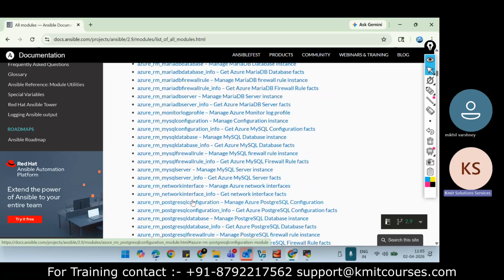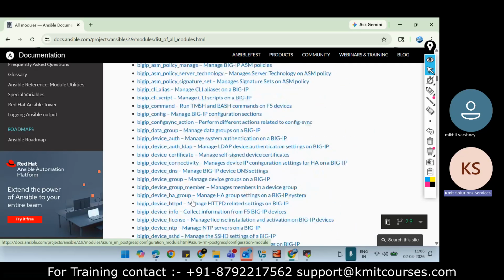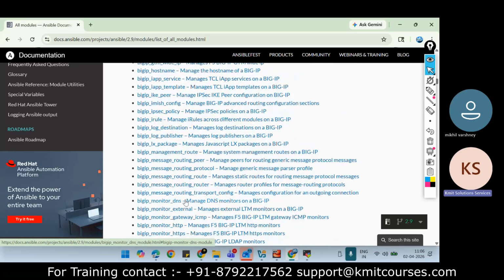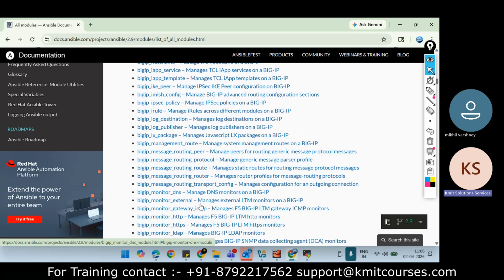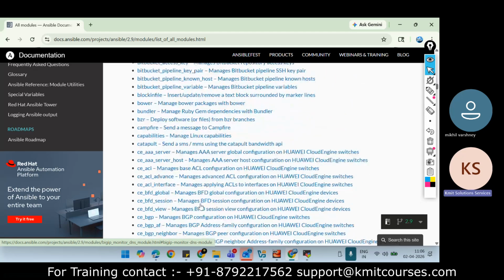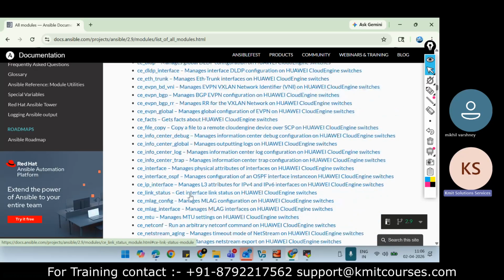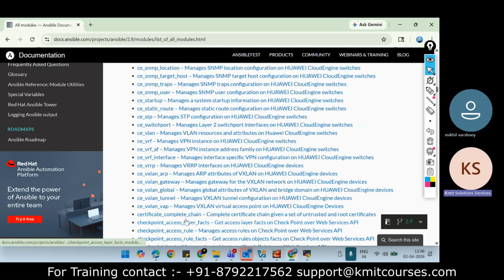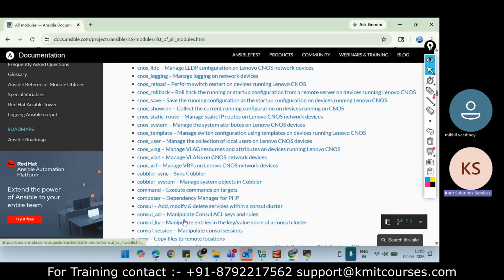Azure related modules are there, and so on. These modules are already defined, so you need not do anything related to them because they are predefined. We will use these modules to achieve our desired state. Almost 3000 plus modules are already defined and it keeps increasing, right?